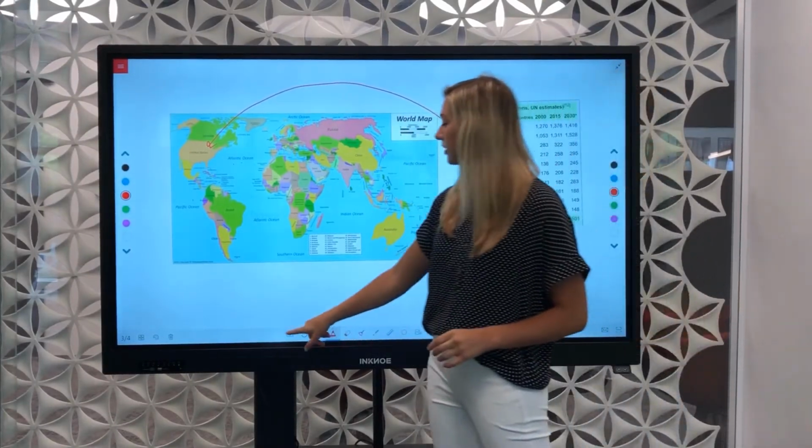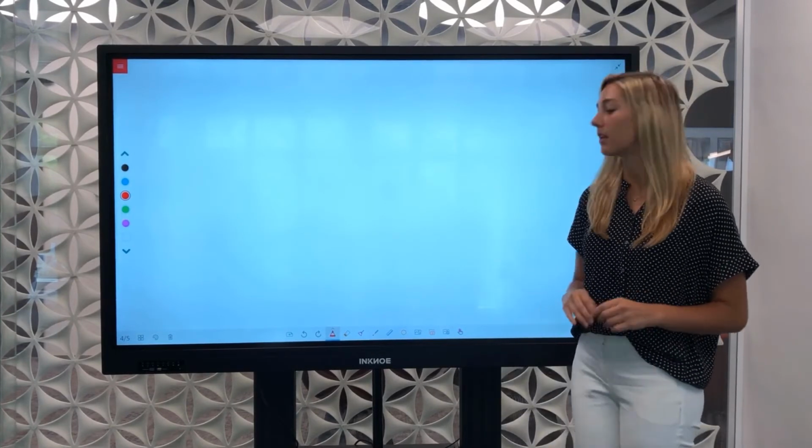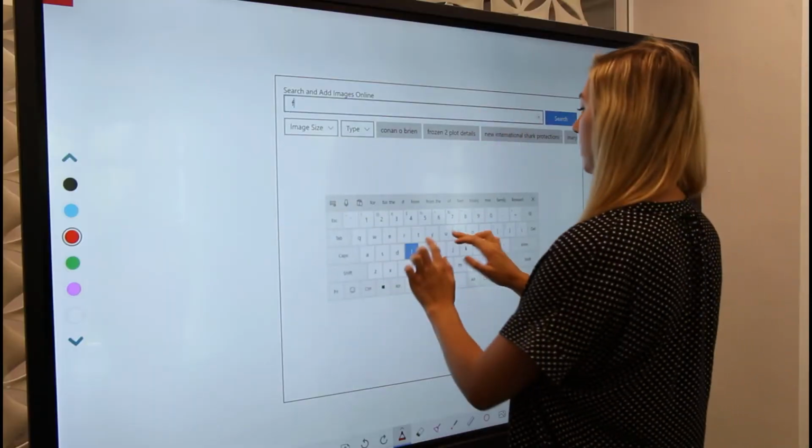So we're going to add a new page to talk about the last way to add digital content. This way is great for brainstorming. So to do this, it's an online image search. So you can search up whatever you need,